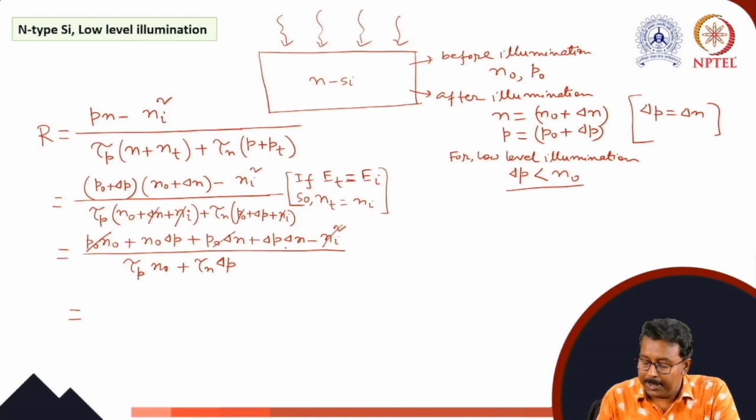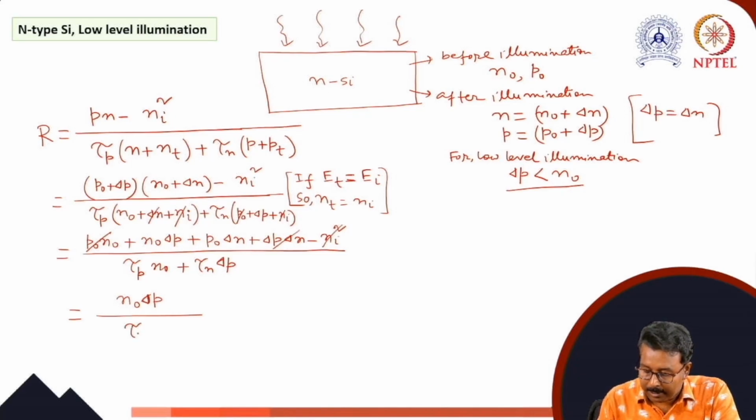And the delta P delta N, the product of these two, is also small in a low level injection. So ultimately you can get, this is also small. So this becomes N0 into delta P